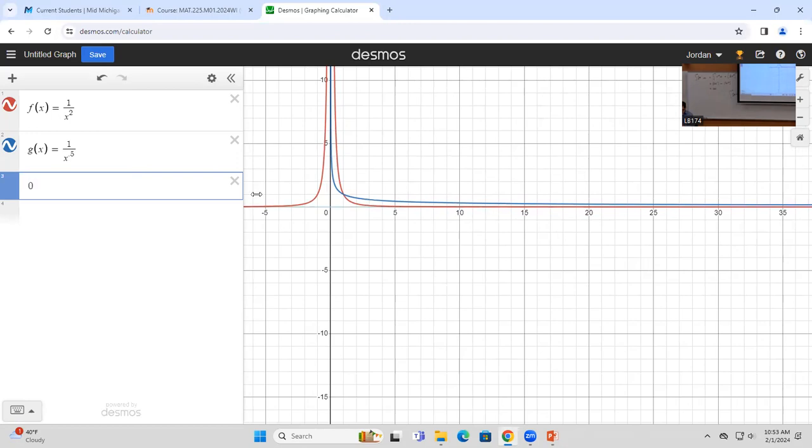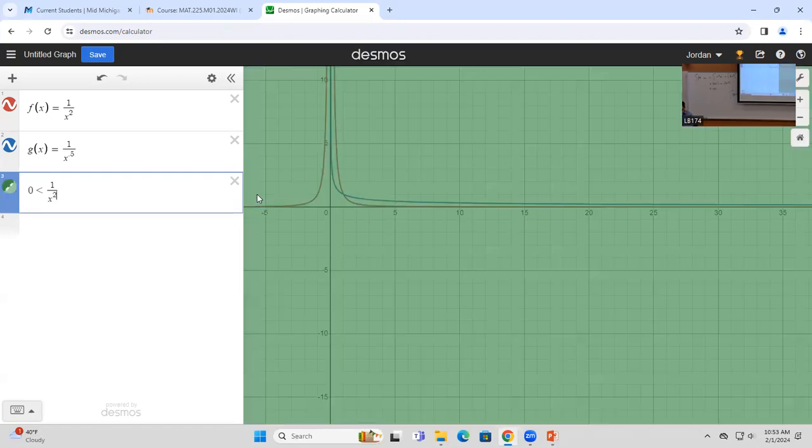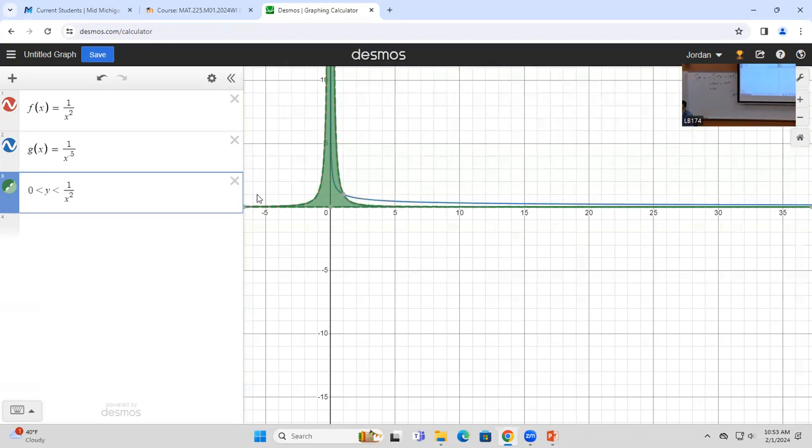Let's do 0 less than 1 over x squared, x from 1 to